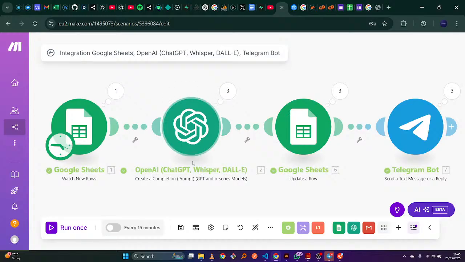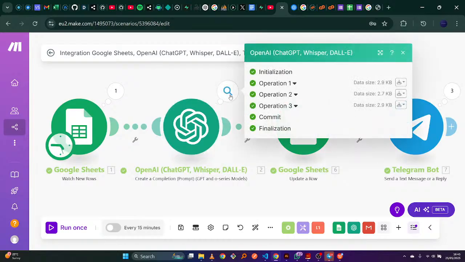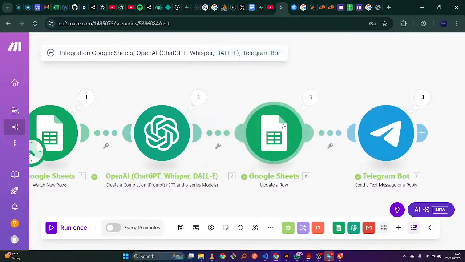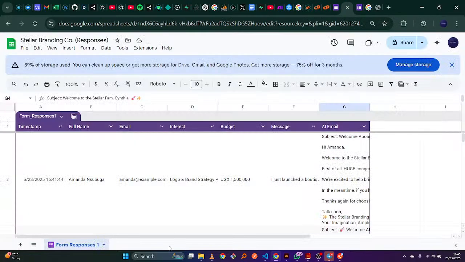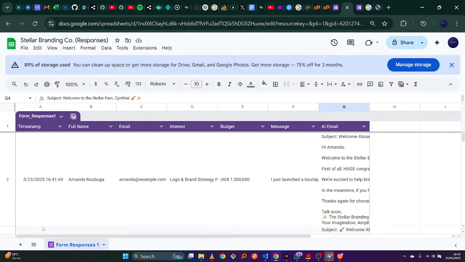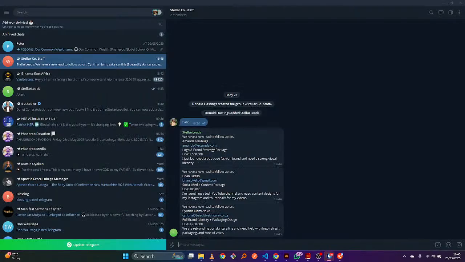But our original plan was for the AI emoji to generate its welcome message. As you can see, we have 3 bundles, meaning it has generated 3 different messages, but it's not passing them anywhere except for the Google Sheets, which we told it to, because we wanted to save those messages. So maybe in this case, if it's not working, we could ask the team to manually send these emails to the leads, because we've been telling them, as you can open here,